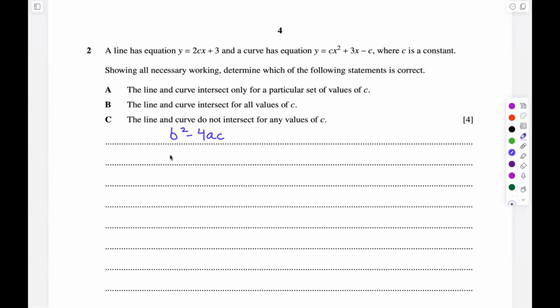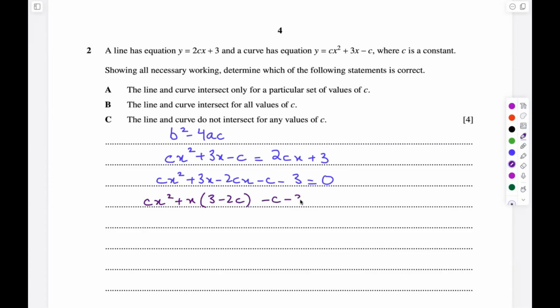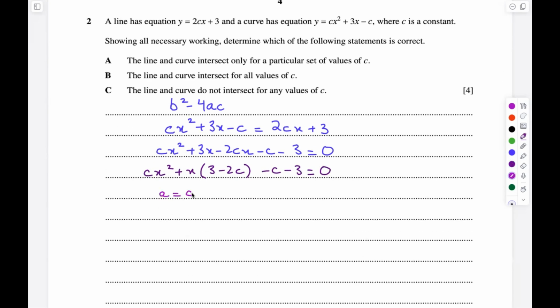So in the first step, equating the two equations. The equation of the curve is cx squared + 3x - c, and the equation of the line is 2cx + 3. Bring the 2cx + 3 on the left-hand side. This will become cx squared + 3x - 2cx - c - 3 = 0. Taking x common, we can rearrange this and write it as x times (3 - 2c), and this will remain as it is. So the coefficient of x squared is a, so a will be equal to c. The coefficient of x is 3 - 2c, so b will become 3 - 2c,